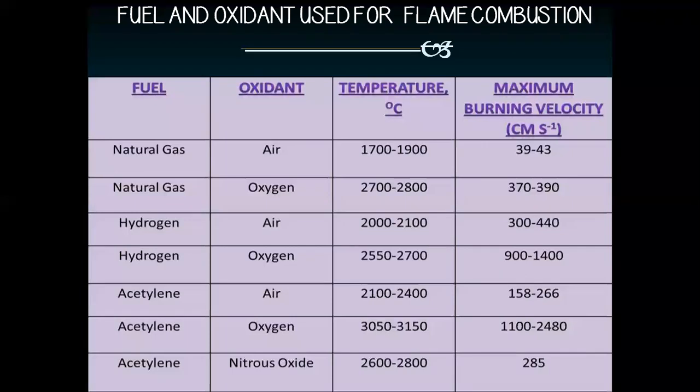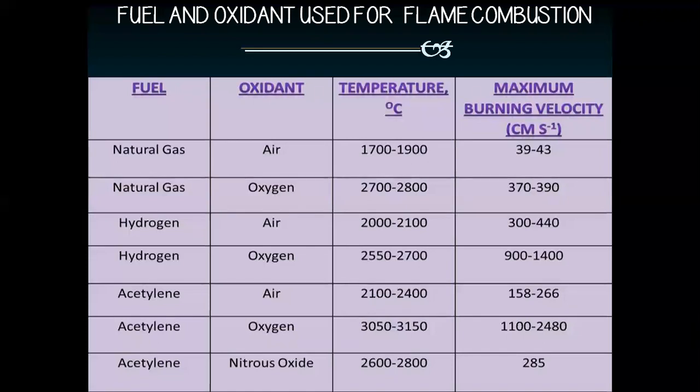So now, fuels and oxidants which are used for flame combustion. We have discussed this in my previous class also in flame photometry, but here a bit of difference is observed. Here we can see that we are using natural gas with air, and we are easily able to attain a temperature of almost 1700 to 1900 degrees centigrade, and the burning velocity which we are getting is about 39 to